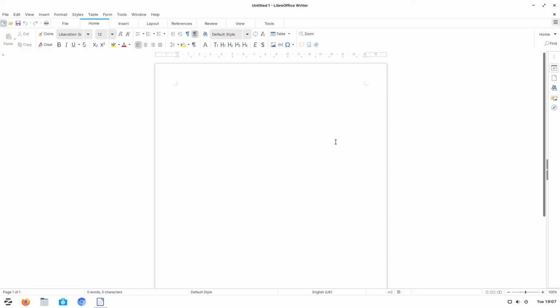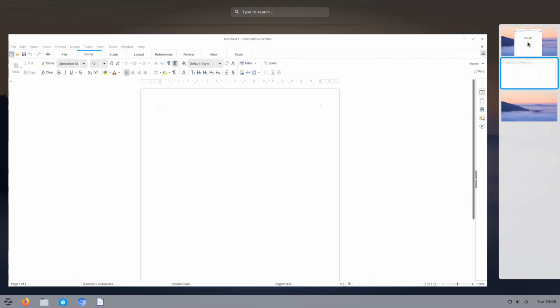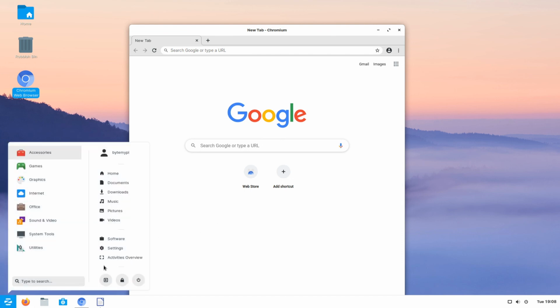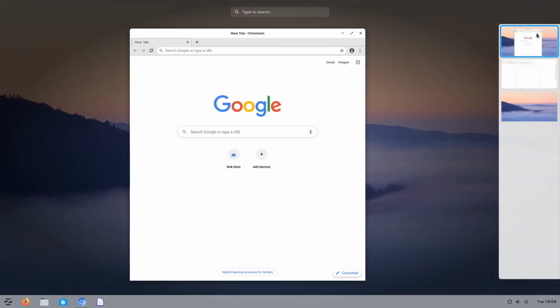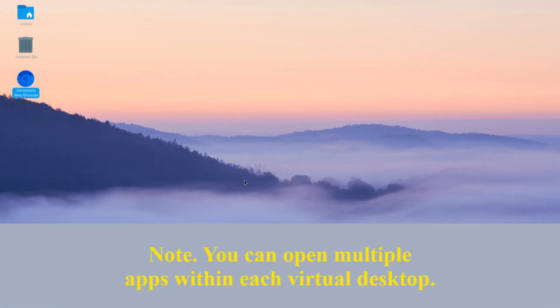I can now do my work in here, but then if I came back to the activities overview, I could double click the first virtual desktop and come back to the Chromium browser, and in this way we can keep our workflows separate. You could even go into another virtual desktop, so this would be desktop number 3, and open